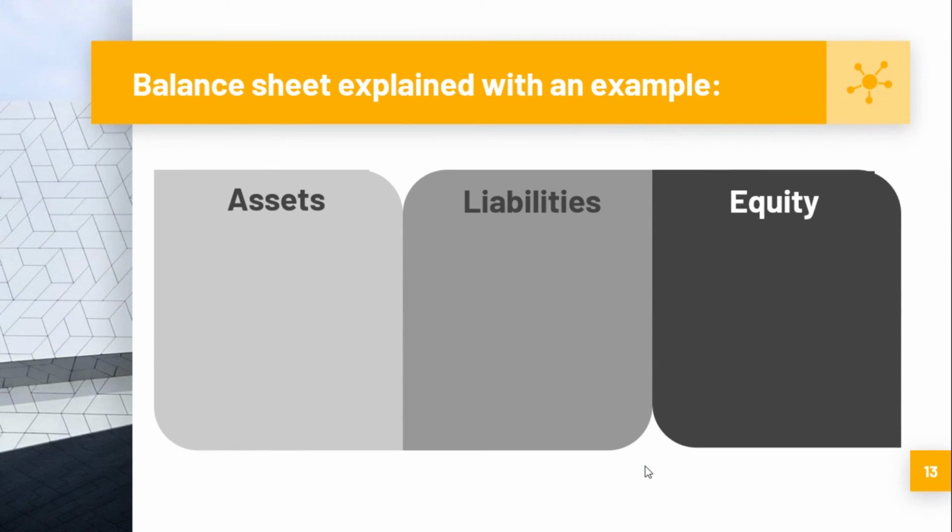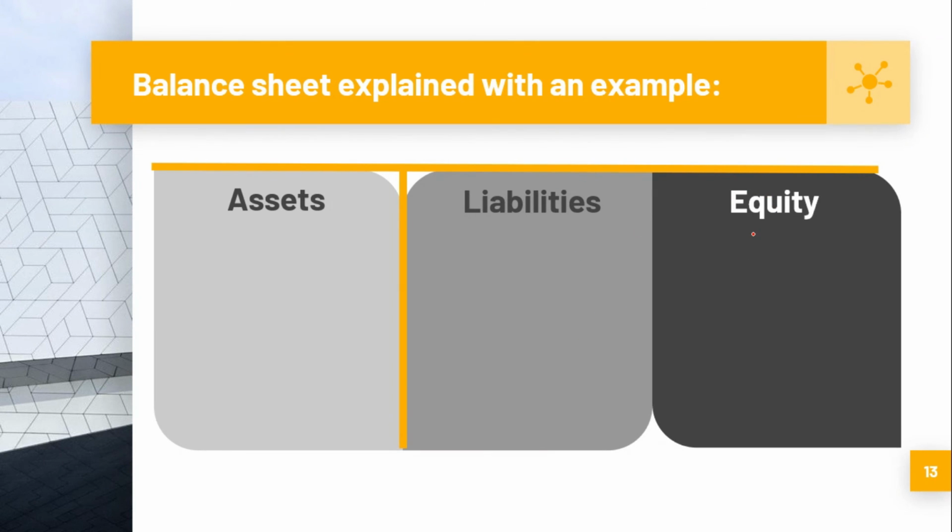Now let's understand the balance sheet with a small example. The balance sheet is in a T format where one side is the assets and on the other side we have the liabilities plus the equity. Both the asset side and the liability side will always be balanced. But you might have a doubt over here: why is equity or shareholders' equity on the liability side? Because it is the money the company owns, so it should be on the asset side, right? So why is it on the liability side?